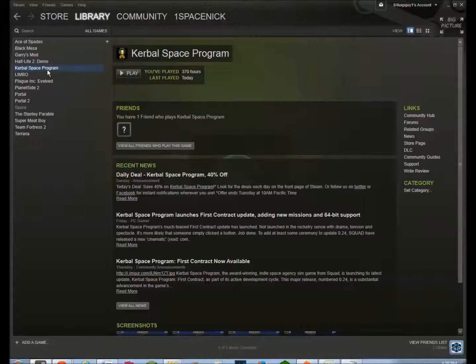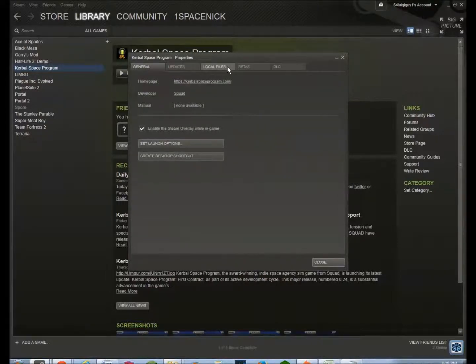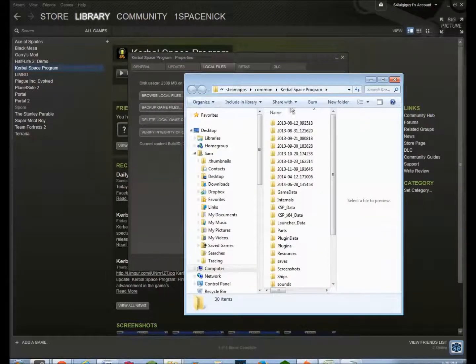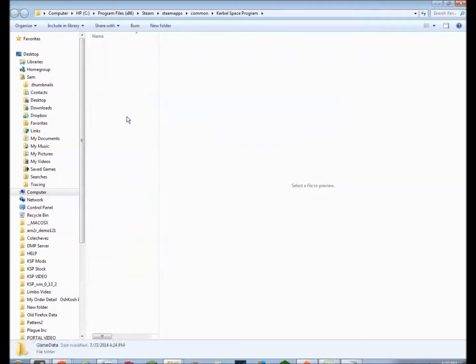What you're going to do if you have the Steam version is go to your library, right-click on Kerbal Space Program, go to Properties, Local Files, browse local files, and now you're at your files for Kerbal Space Program. Now we're going to head to our GameData. If you have a completely stock install, the only two folders that should be here are Squad and NASA Mission. Squad has basically all the official Kerbal Space Program stuff, and the NASA Mission basically has everything from the ARM update,